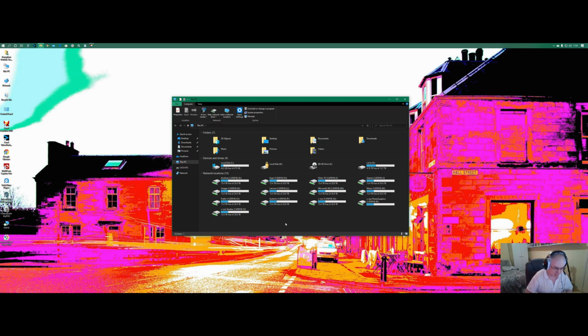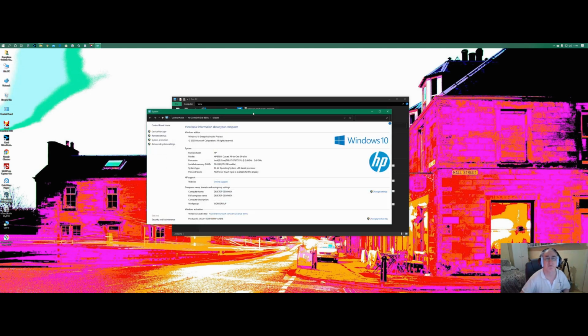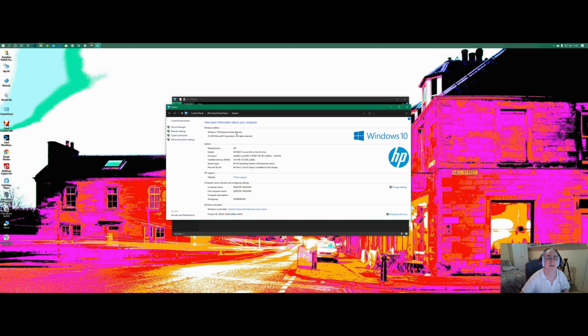Mine's a 32 terabyte one. If I now go to here, I can also show you I'm using Windows 10 Insider Preview, and the edition is